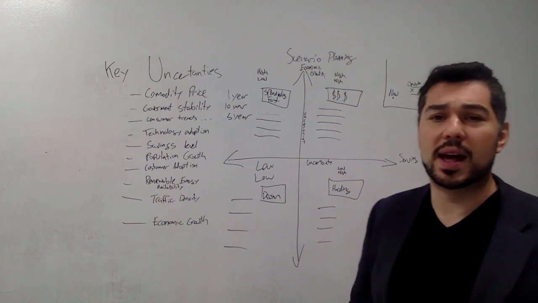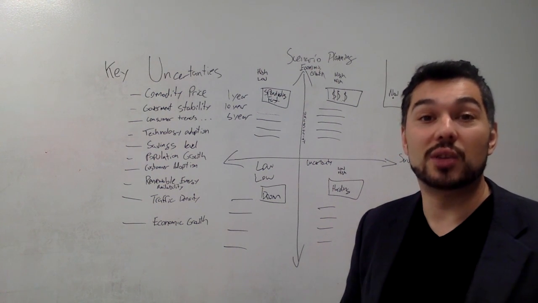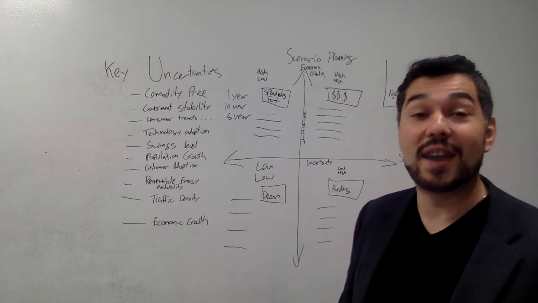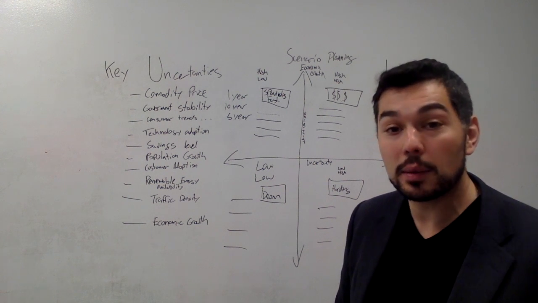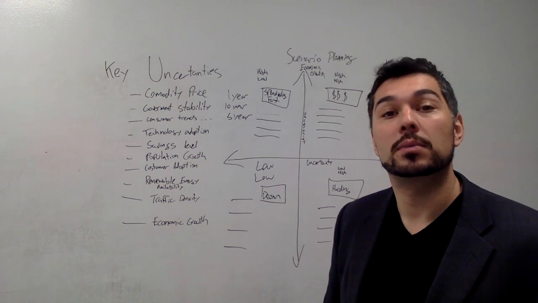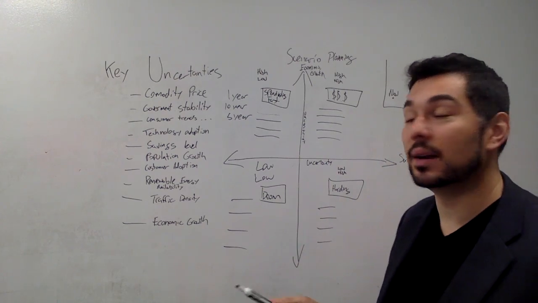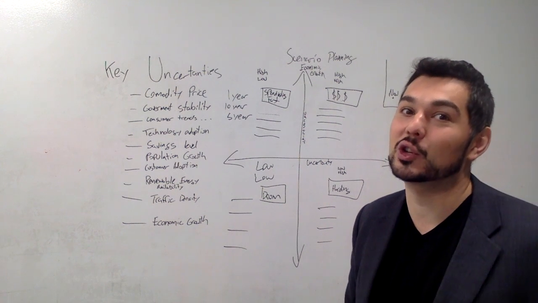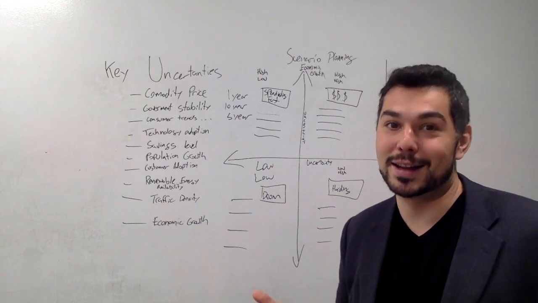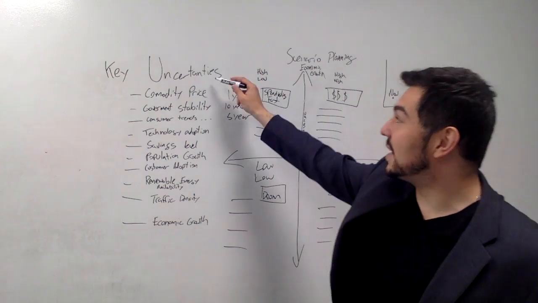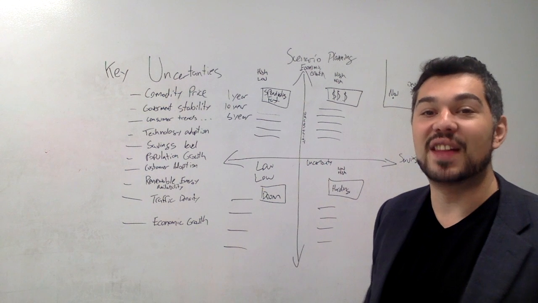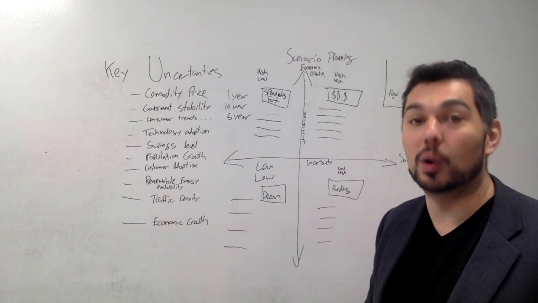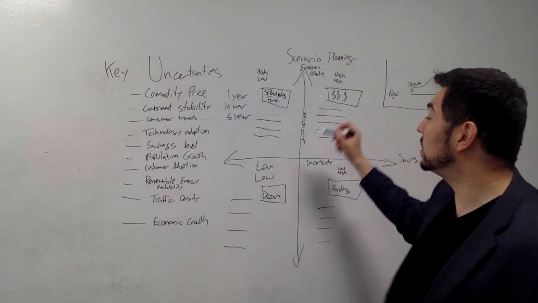Now, the reason we do strategic planning and the reason we do risk identification is so that you can have the time and you can mobilize the resources that you need to make effective decisions both in the near term and in the long term. So, just to recap, for scenario planning, you list the key uncertainties in your business. Now again, they have to be uncertainties. They can't be things that you're pretty certain of. So you identify all the uncertainties in your organization, and then you pick the two most effective ones, the ones that are going to affect your organization the most, and then you put them in the scenario planning matrix